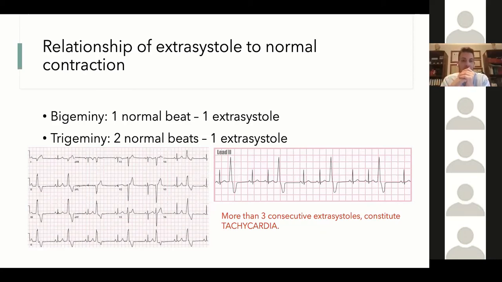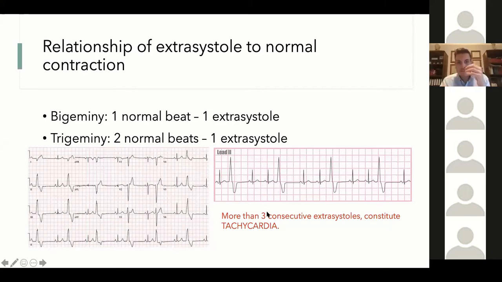Keep in mind that if there are more than three extrasystoles occurring one after the other, we will then begin to talk about paroxysmal ventricular tachycardia. Does this make sense? I need you to cooperate with me in the chat today and tell me yes, because we will talk about a lot of terms and it's very important to keep track. So bigeminy will include one normal beat followed by an extrasystole, followed by a normal beat, followed by an extrasystole. And trigeminy is when you have two normal beats between the extrasystoles. Of course,